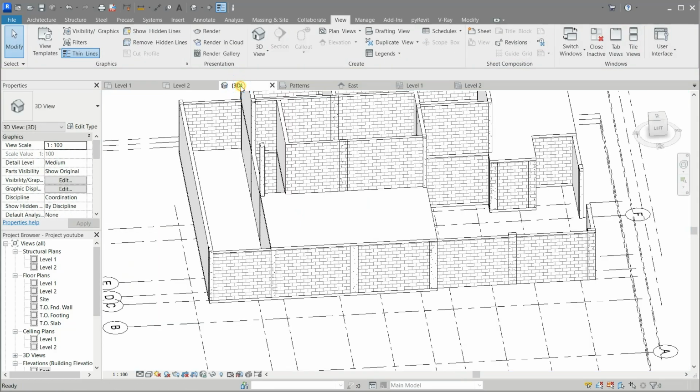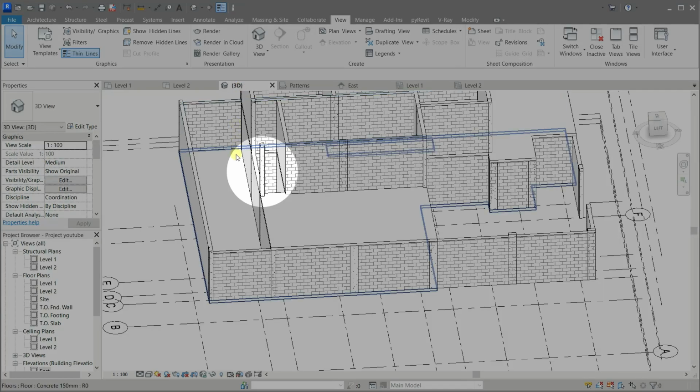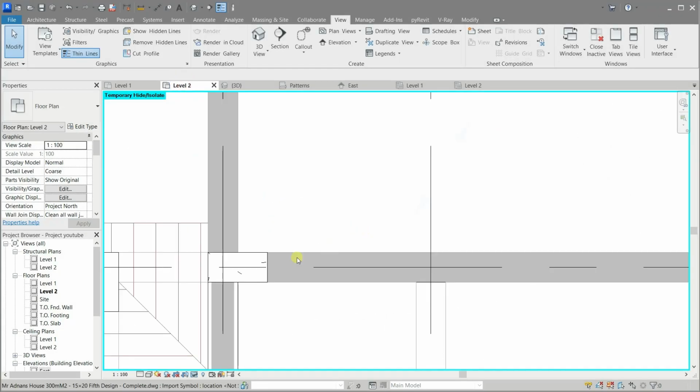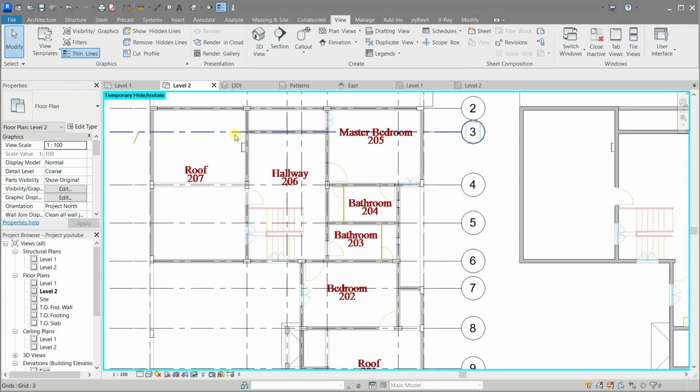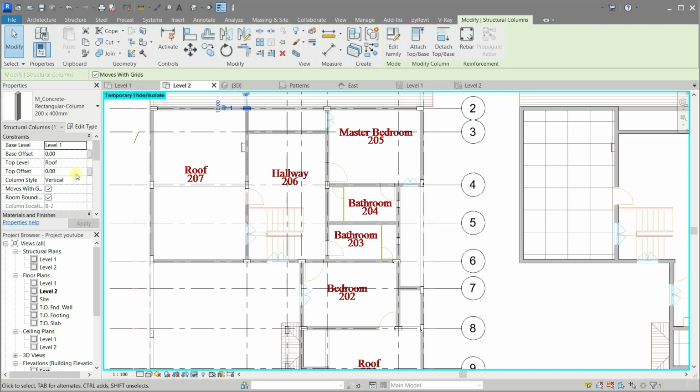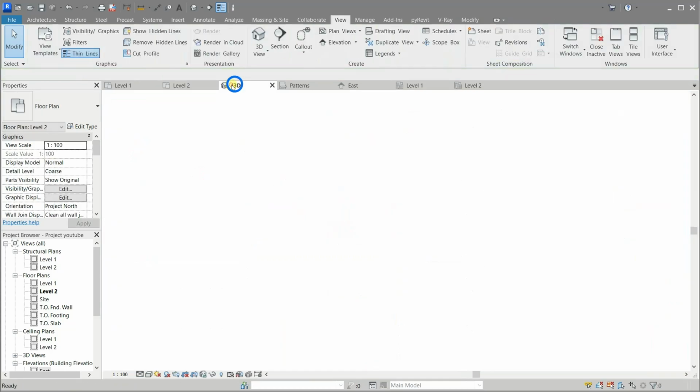Let's see it in the 3D. Okay, we extend this column by mistake. Let's adjust its height in level 2. Now it's okay.